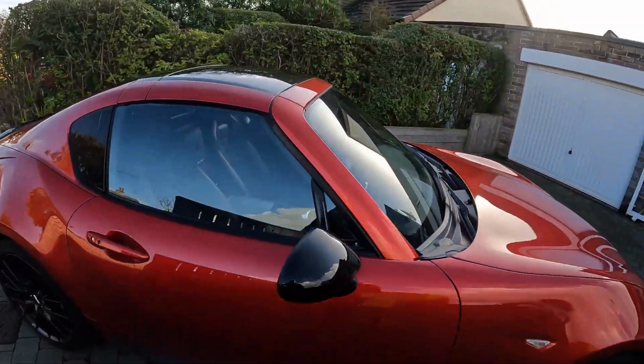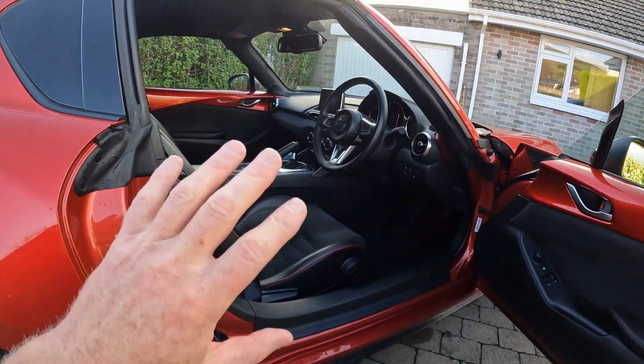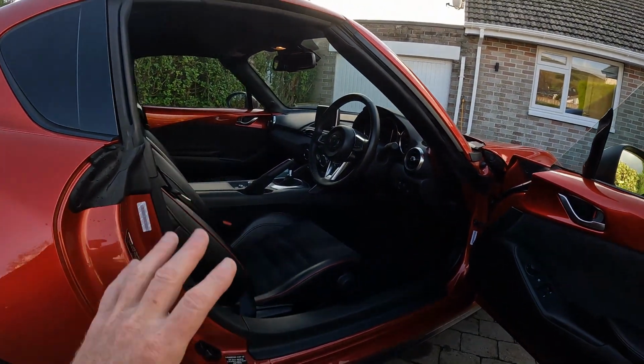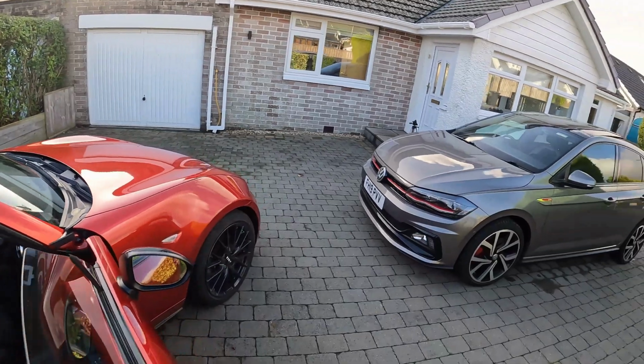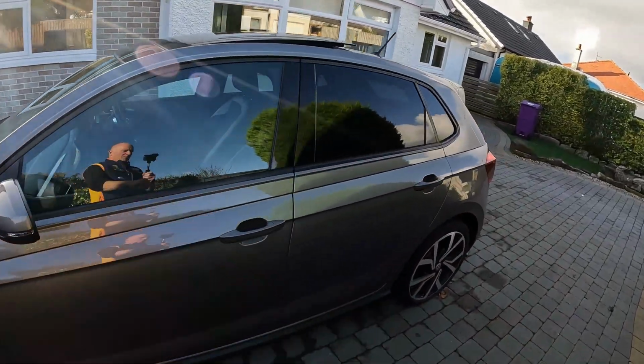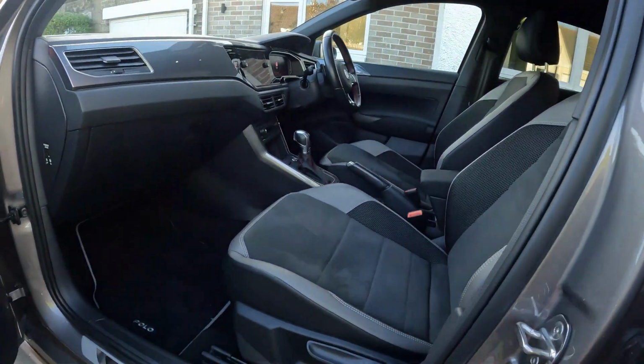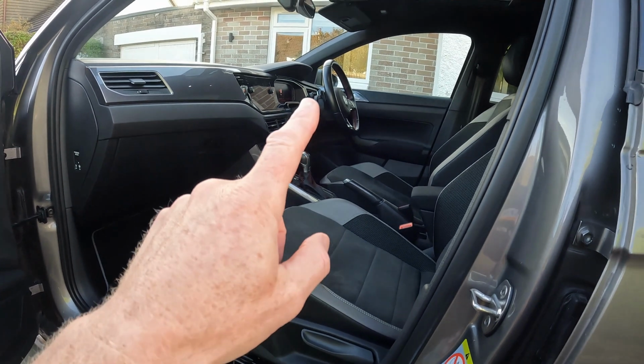Interior wise, again, I think it's another win to the Mazda. It's got an interior which has much better materials, much better finish, feels much more special place to be, although it doesn't have a glove box in there, so practicality wise this car wins by miles. We won't even talk about boots, but in here a bit dull, a bit plasticky, but the virtual dash and